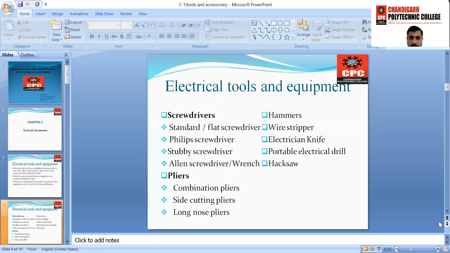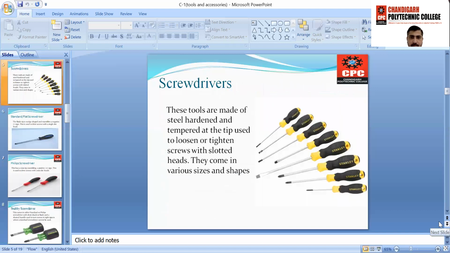Long nose pliers are used where there is narrow space, to grip small tiny wires. It has a long nose or long head to grip the wire.